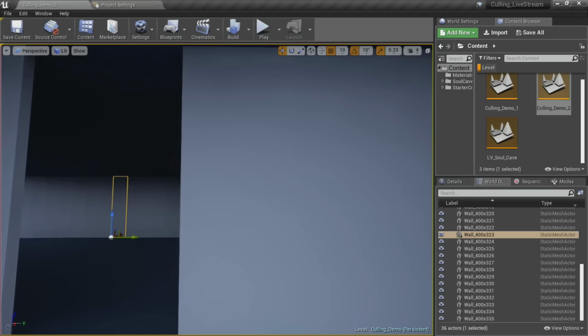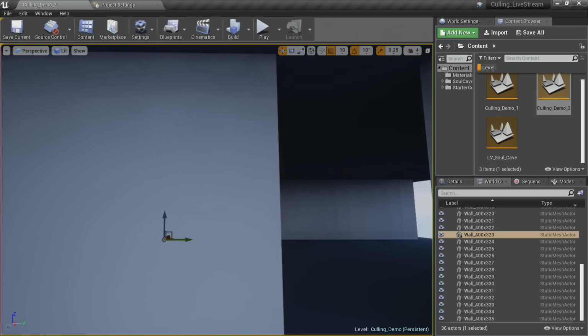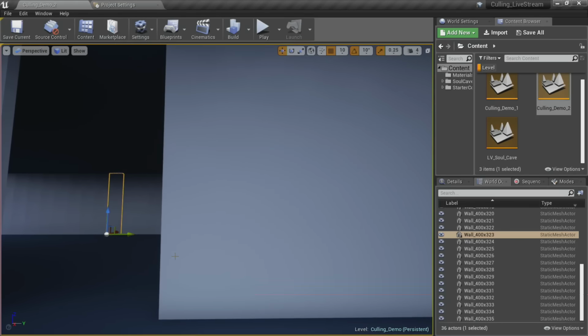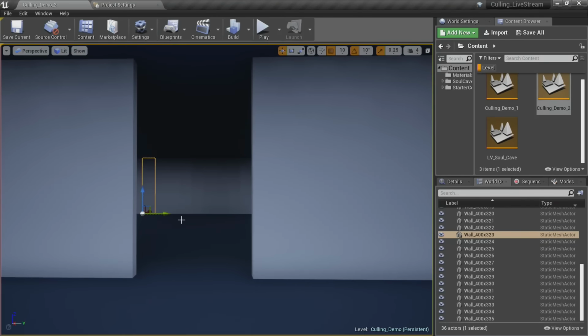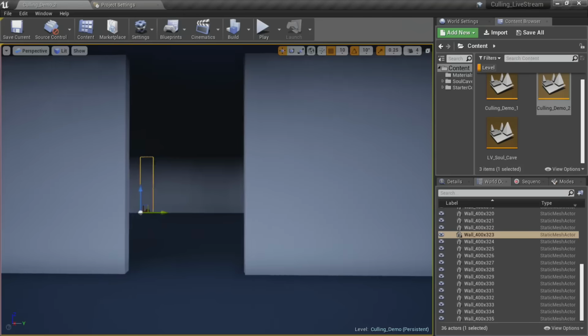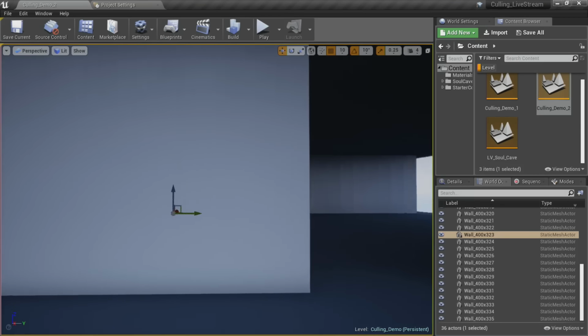But as I move, you can see on the edge you're getting that little white pop, because I've got a very bright background and everything's coming in a frame later. With dynamic occlusion queries handled by the GPU, the entire scene within the view frustum in my camera area needs to be tested, and we need a good way to do that. So we send those as occlusion queries to the GPU, and it reads that information, tests whether it's visible, and then a frame later it's read back by the scene to know whether it's visible. So as I move too fast, I get some of that popping.